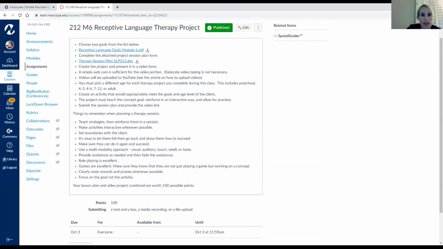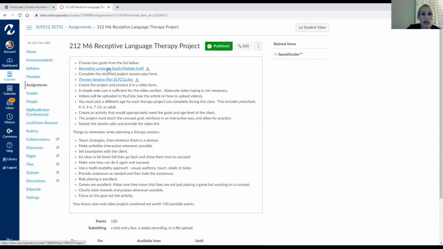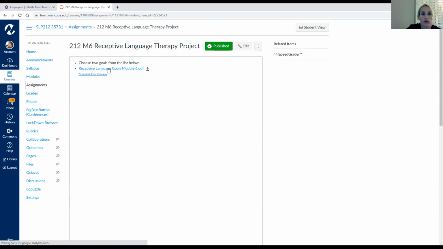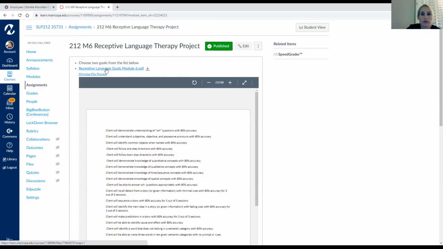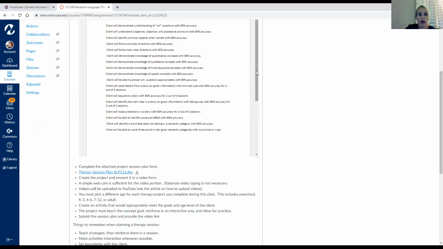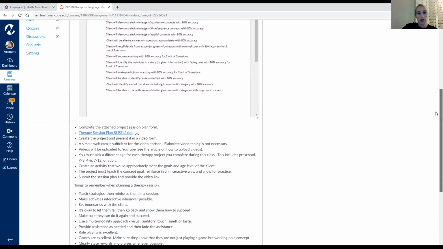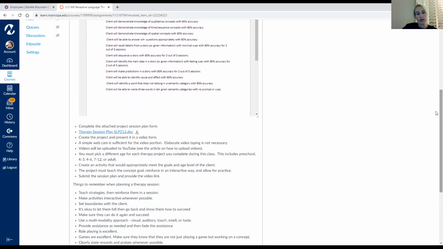Now, a couple different things. Here's the goals. So let's review the goals. There are goals here that you guys can choose. So what we're looking for is an activity to help address a goal. A couple different things that I like to do when you're selecting an activity to